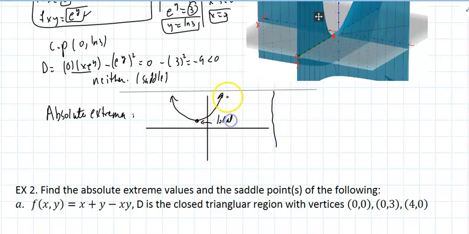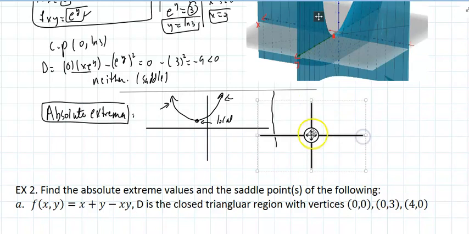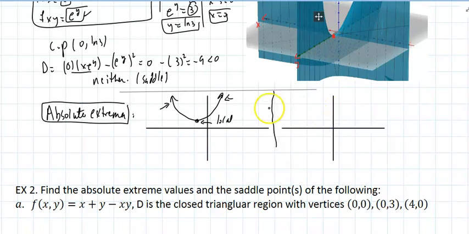That's a local. If you don't include the endpoints, it doesn't make sense to talk about absolute, because there's only one point, and obviously that's the absolute minimum. Now, if I take the same graph and I limit